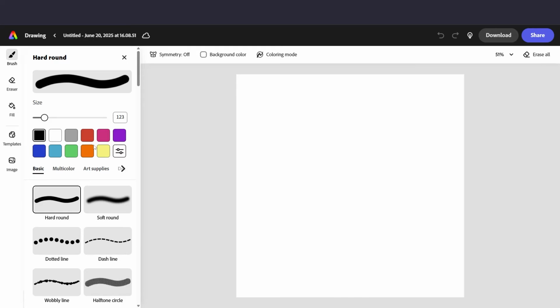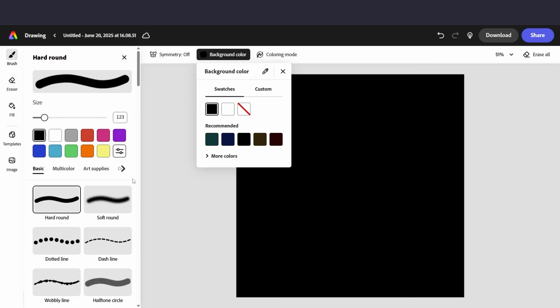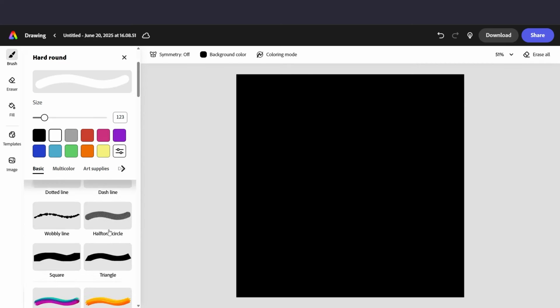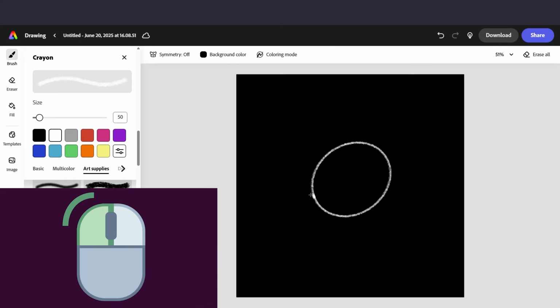So now we have a bunch of brushes, colors, and we have a background of white. I'm going to change my background to black so we can see what I'm doing because I want my color to be in white. So I'm going to switch that to black, switch this to white, and I'm going to pick a crayon to use. So now what I need to do is create a semicircle. So I'm just going to draw with my mouse, do my best approximation, and I hold down my left mouse button and it will create a